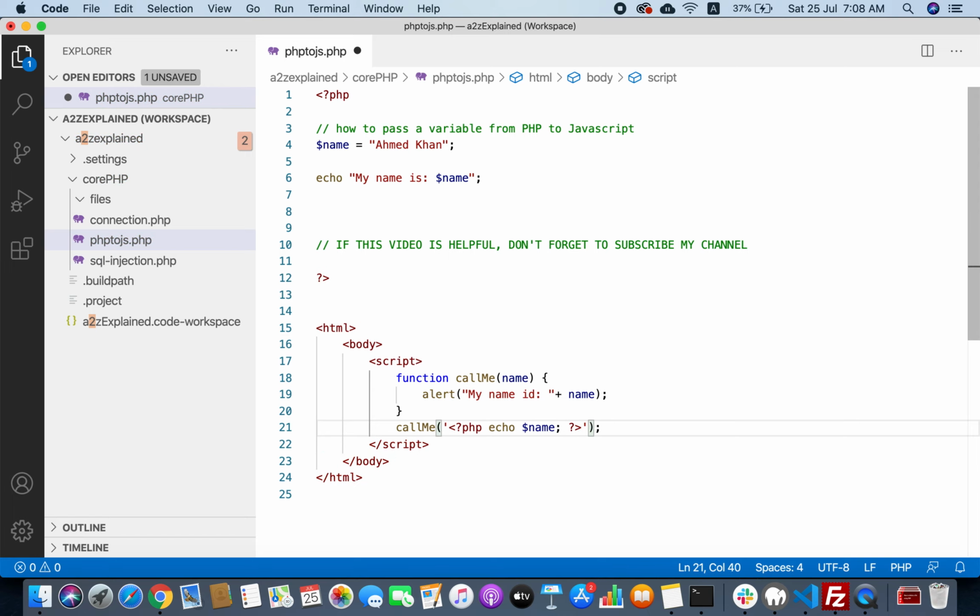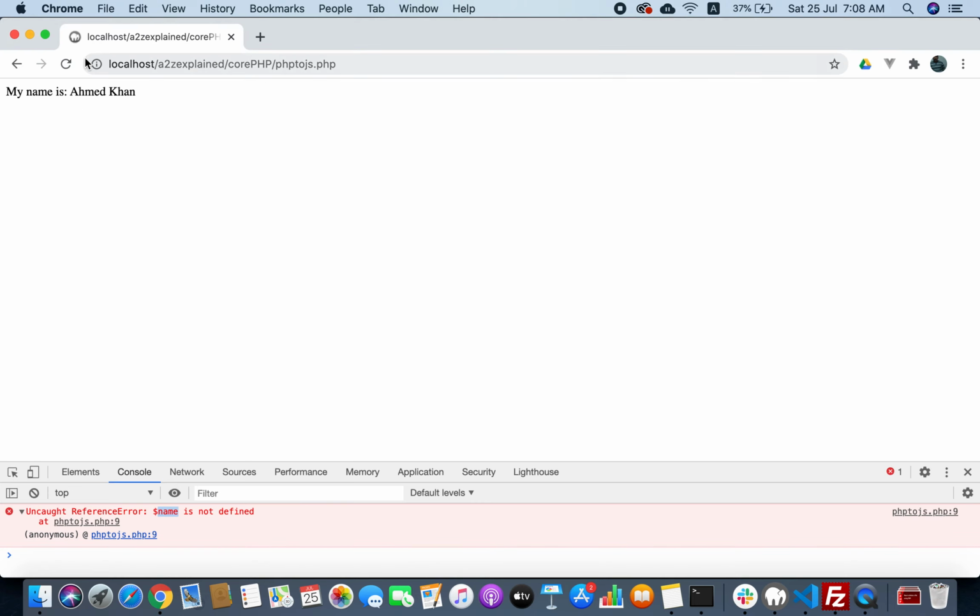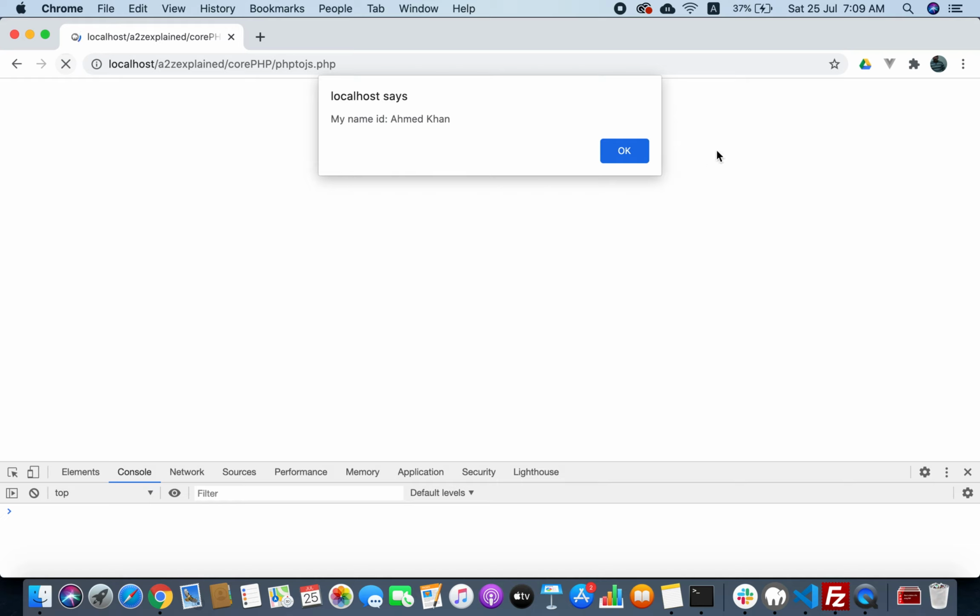Now PHP will use the $name's value and print it inside these single quotes, and it will be properly alerted. Okay, it has now alerted my name.